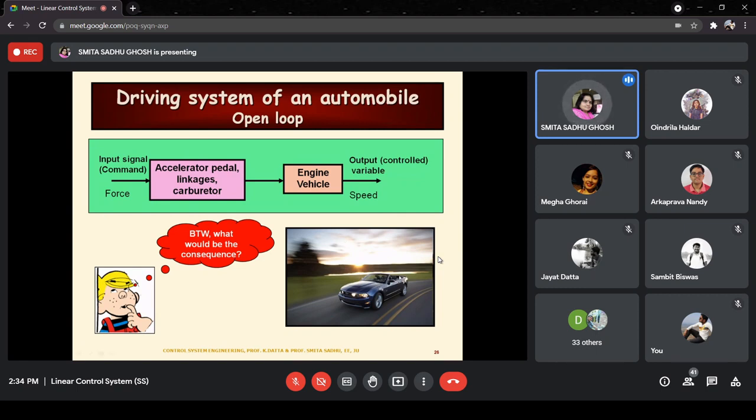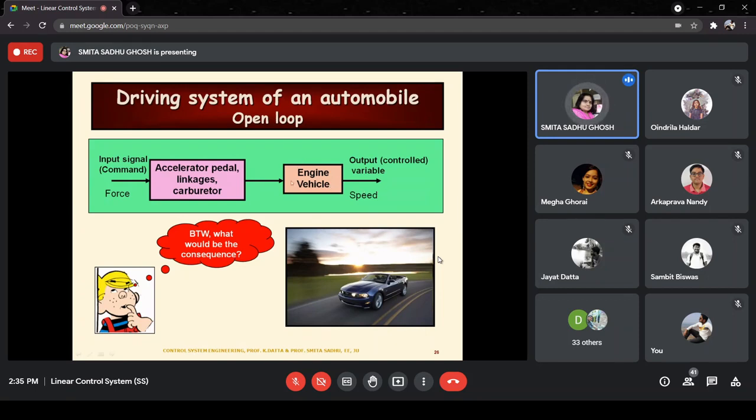So if we consider a car which is moving on the road, and we consider a very simplistic model of such a car, here we have the engine, along with the vehicle, represented by this simple block. The output of such a car would be the speed or velocity. For this particular model, I am not taking into consideration any variations in the directional orientation of the car. We are going to be considering only speed as the output variable.